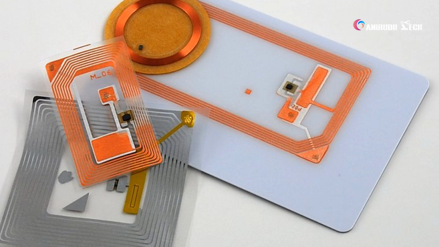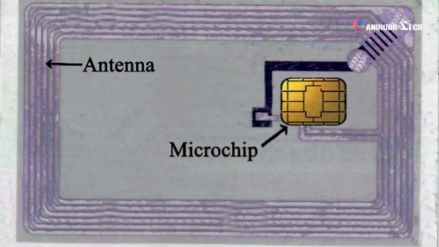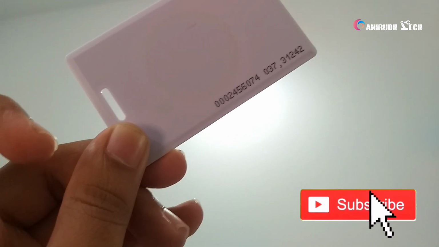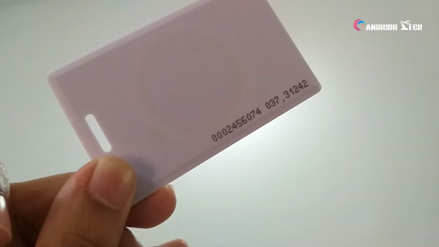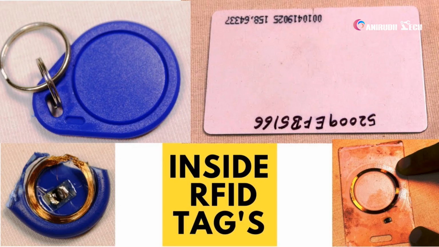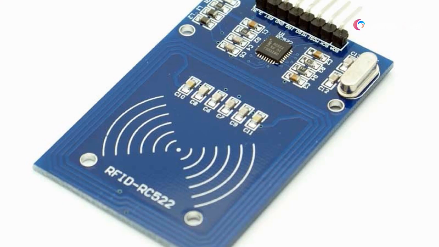I hope you can see a small chip there. It is an electronic circuit, microchip, or a chip. It is designed and manufactured by a semiconductor manufacturer. The IC has a logic unit that makes decisions and provides memory to store data. Actually, the IC is a small microprocessor, and the latest ones have 40 to 50,000 transistors, more than the original IBM PC. The IC needs power to operate. This power may come from a battery on the tag, in an active tag, or it may be obtained from the radio energy transmitted by the interrogator antenna in a passive tag. In our case, it's a passive tag, so the power is from the interrogator, which means our reader.